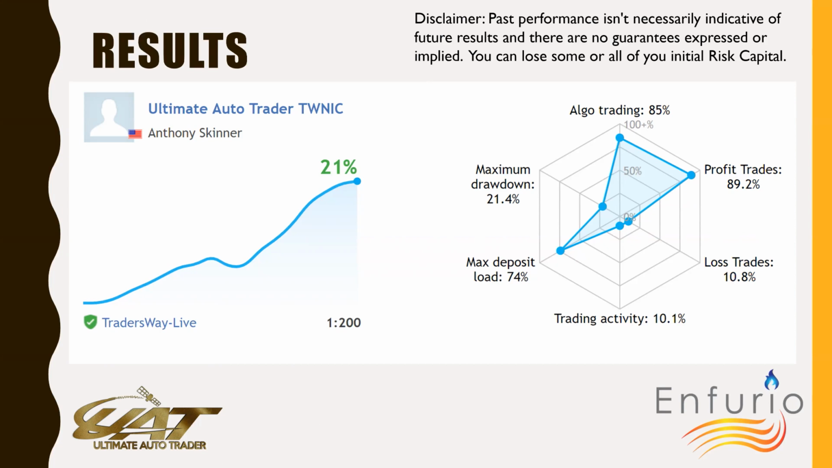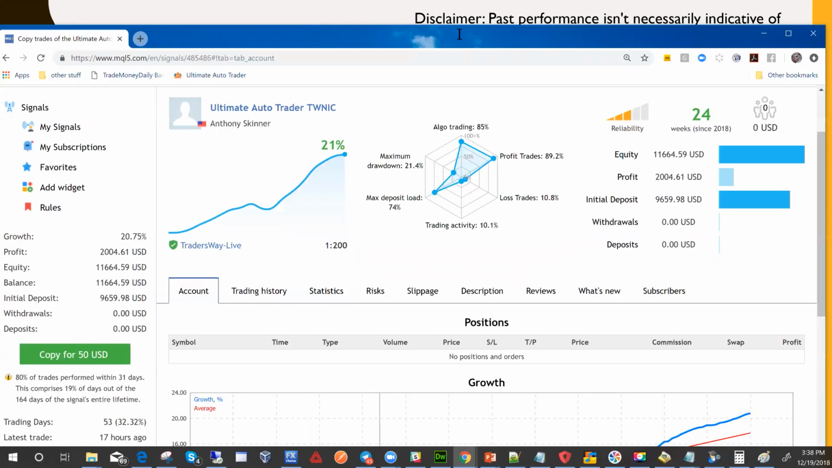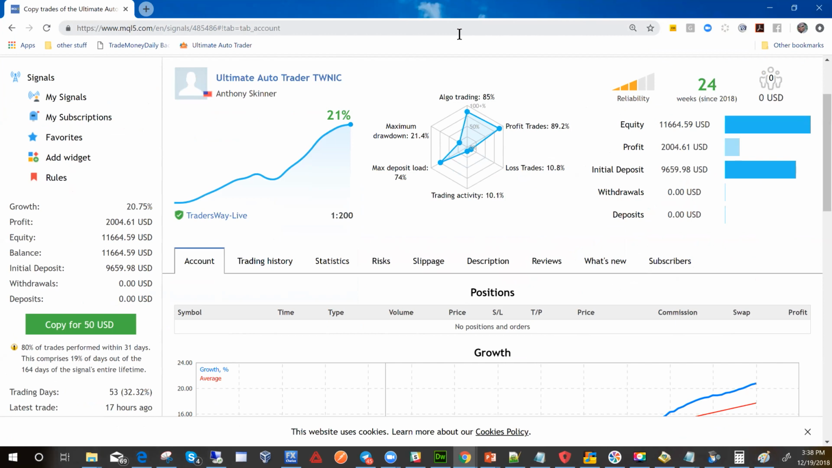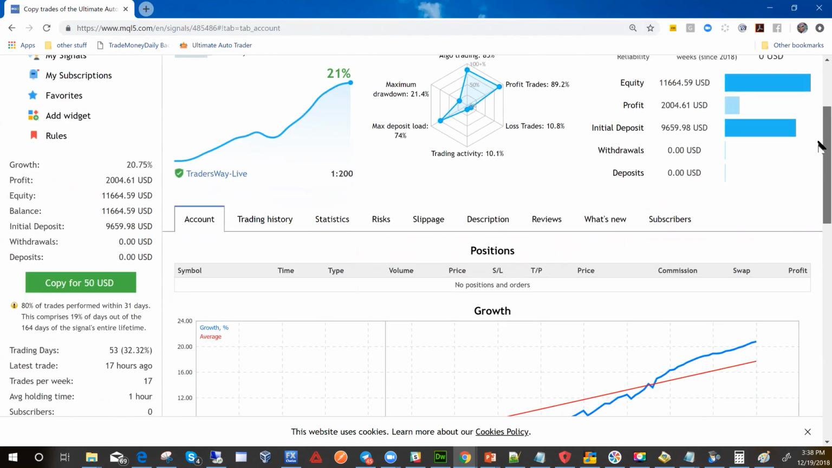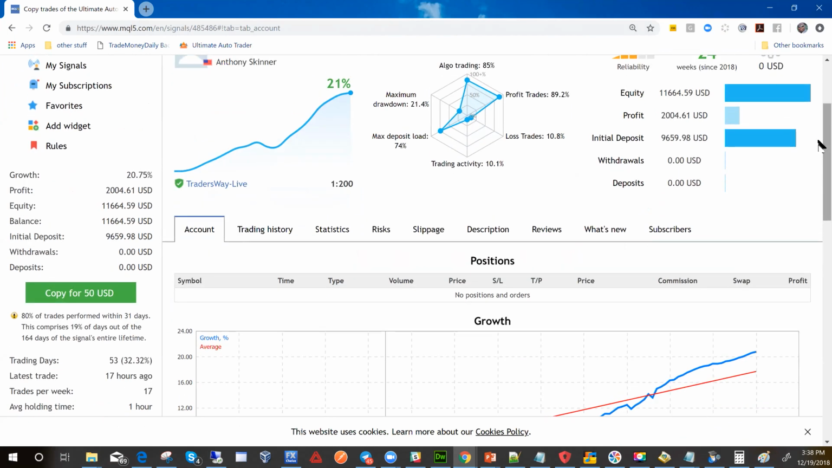No joke, guys. In fact, here is the actual data, and if you need access to this, we'll make sure to have this up on the Enfurio website. This is a live account. You can see here, Traders Way. This is a live, verified account, okay? And you can see here that the software, and I'll blow this up a little bit so you can see, here is trading